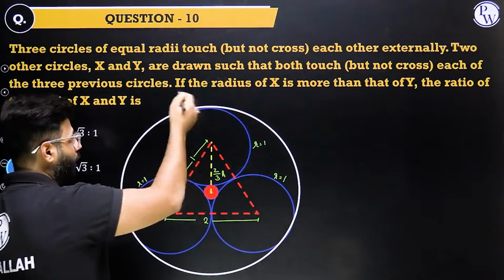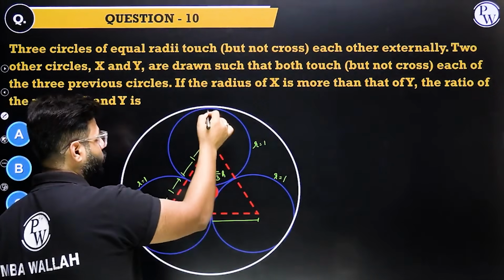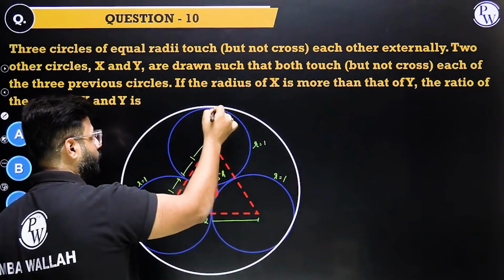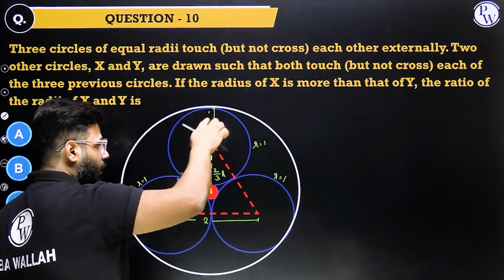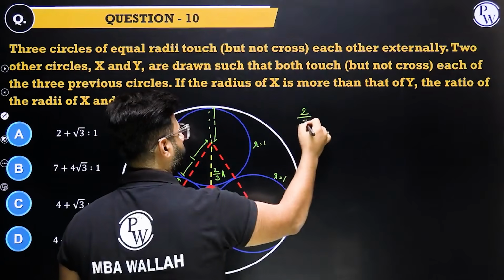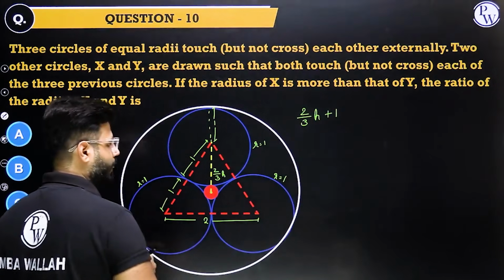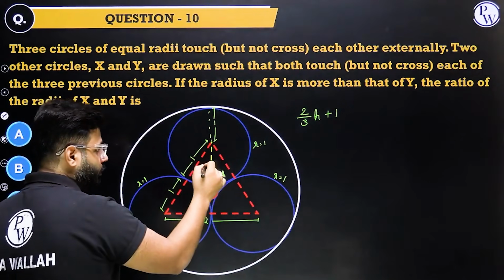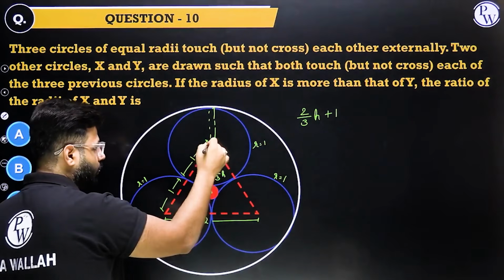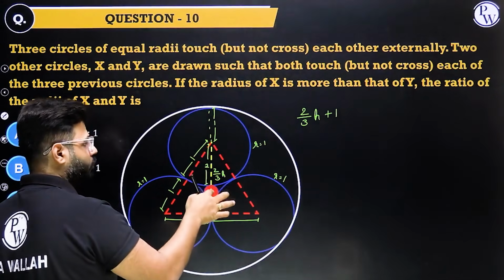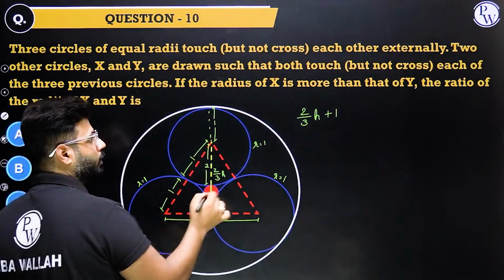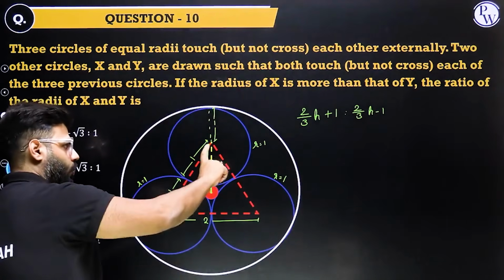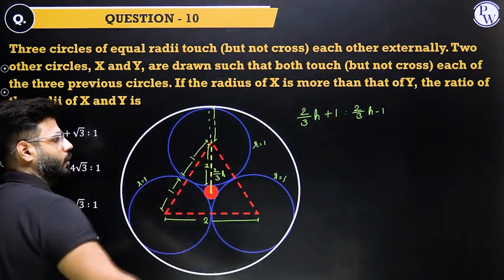What's the point of this? Beautiful. The larger circle's radius is 2/3 of h plus this radius. What is this? This is 1, we know. This circle's radius is 1. So the larger circle radius becomes 2/3h plus 1. Smaller circle, 2/3h minus r. This much is 1, right or no? So 2/3h minus 1 gives you the smaller radius, this much, isn't it? So the larger is 2/3 h plus 1, the smaller is 2/3 h minus 1.